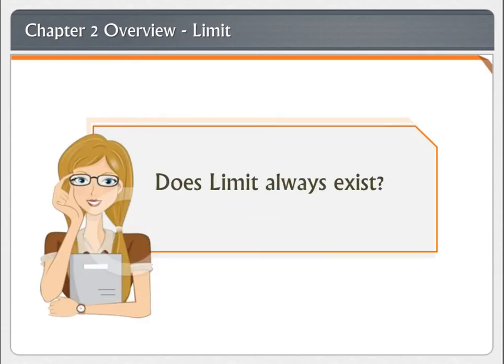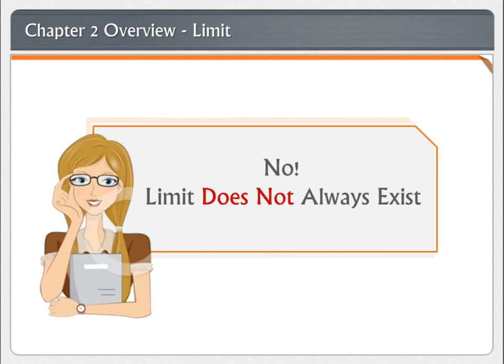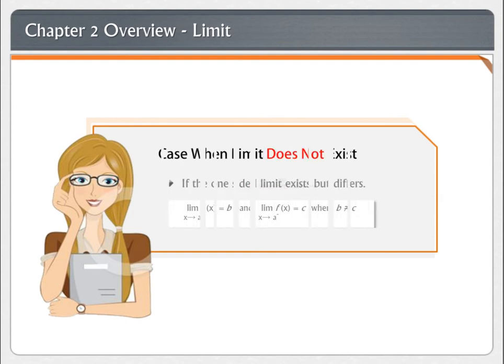Do you think that the limit is always going to exist? Well, the answer is no. It's not always the limit exists. One of the cases that the limit does not exist is that if the one-sided limits exist, but they are